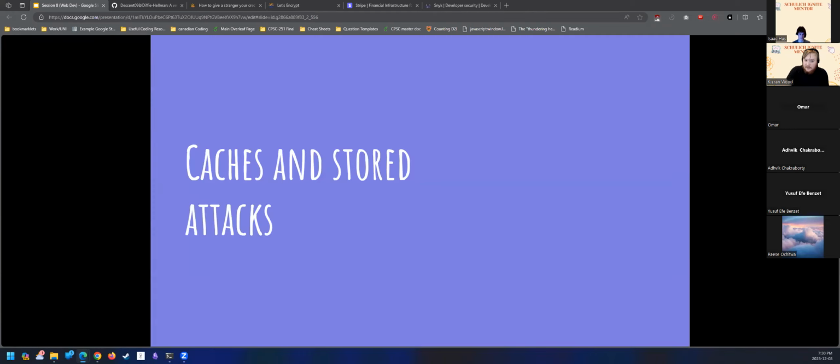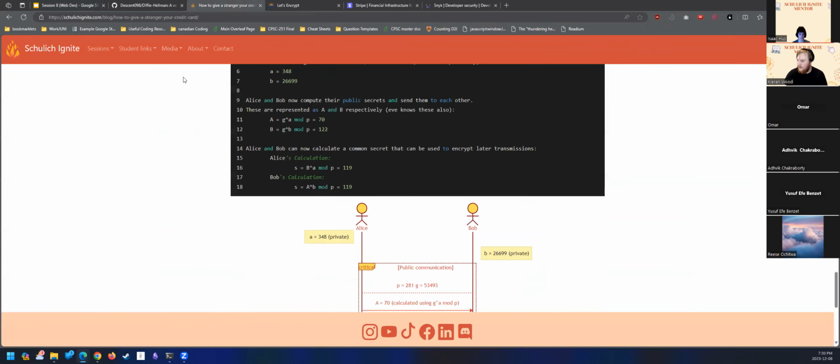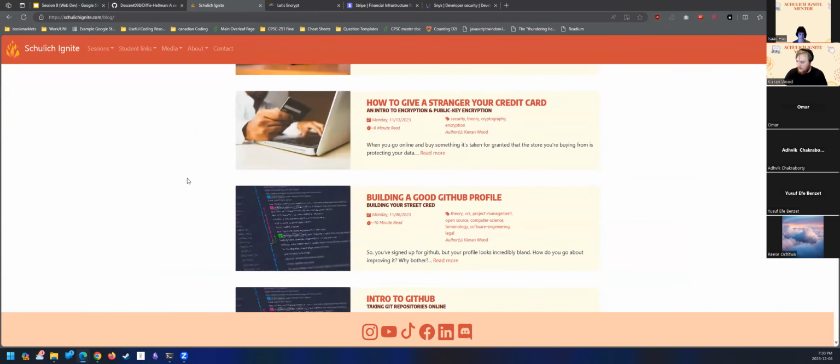There are 2 other types of attacks that I've listed in here. So there's caches, which is basically a fancy system that is used to store information, and people will use this to avoid having to do some extra processing. If you're interested in how this works, there is a blog post